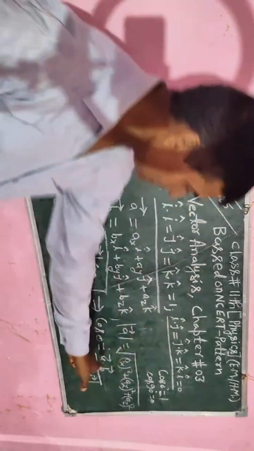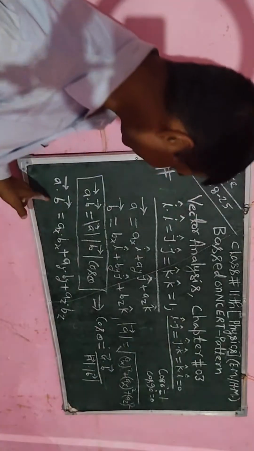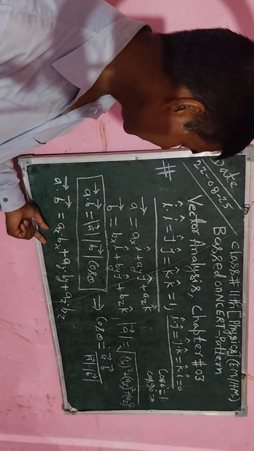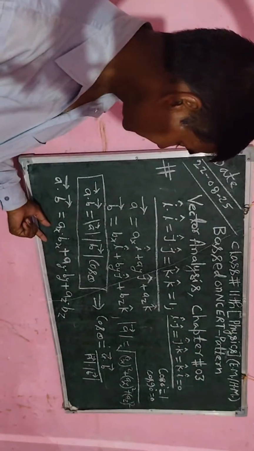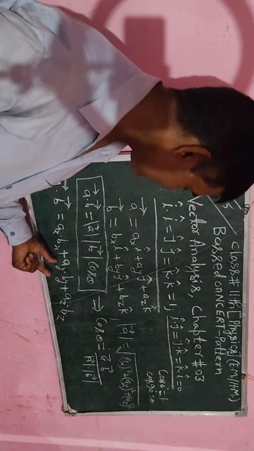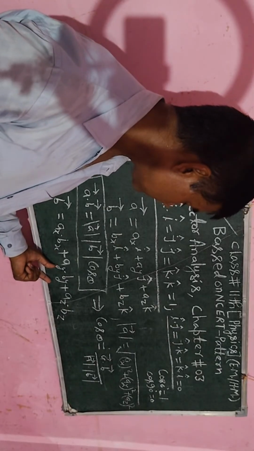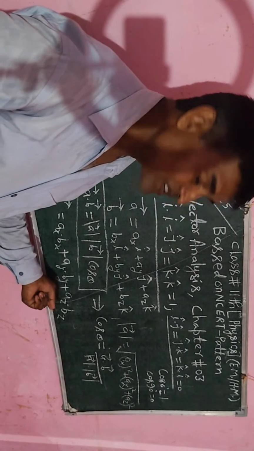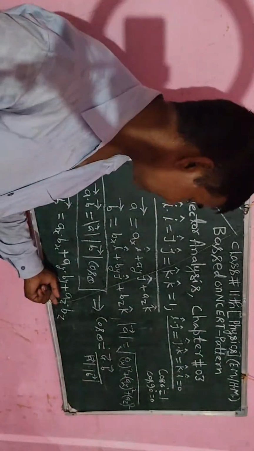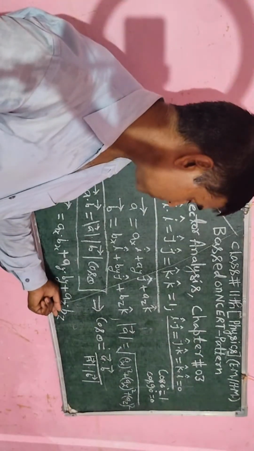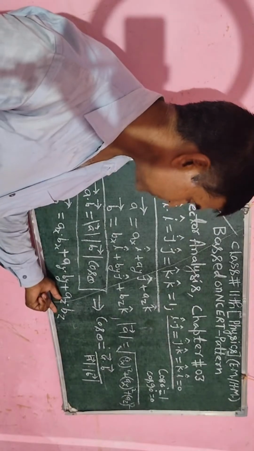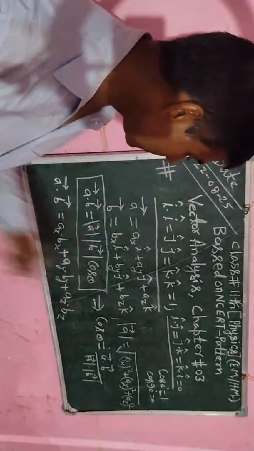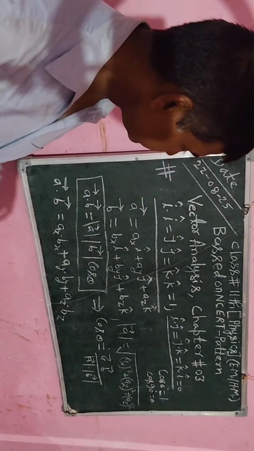अब वेक्टर ए डॉट बी का वैल्यू ऑलरेडी यहाँ पर लिखा गया है कि वेक्टर ए डॉट बी का वैल्यू वेक्टर आई में दोनों वेक्टर के गुणांक को हम मल्टीप्लाई करते हैं। एक प्लस साइन अपने से लिखते हैं, यहाँ पर वेक्टर जे के गुणांक दोनों वेक्टर को मल्टीप्लाई करके लिखते हैं। फिर प्लस साइन देते हैं और वेक्टर के में जो गुणांक है, दोनों वेक्टर में वेक्टर के का गुणांक उसको मल्टीप्लाई करके लिखेंगे और यहाँ पर वेक्टर ए का मैग्नीट्यूड, वेक्टर बी का मैग्नीट्यूड को निकाल के वहाँ पर प्लेस करेंगे।